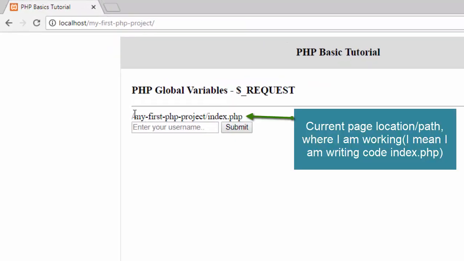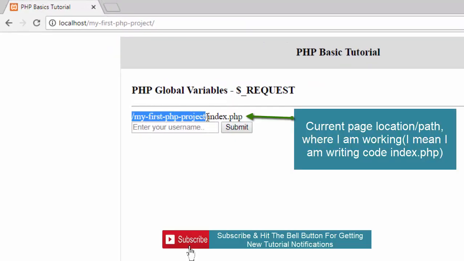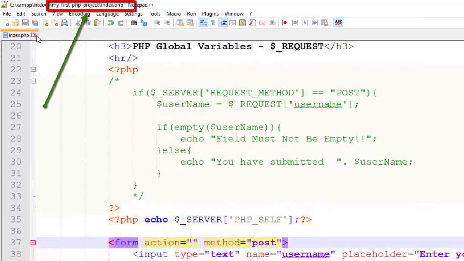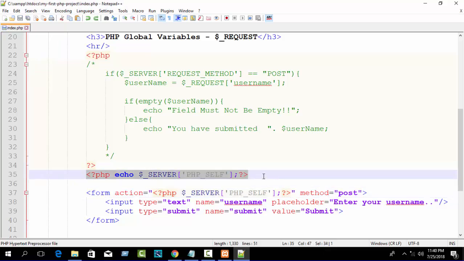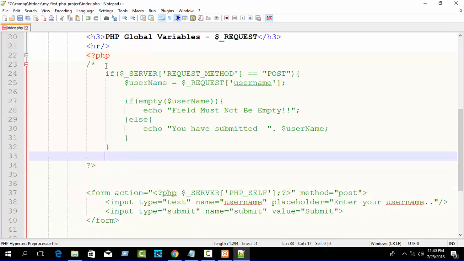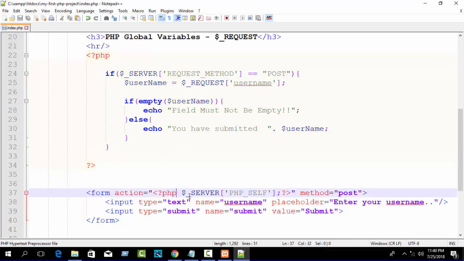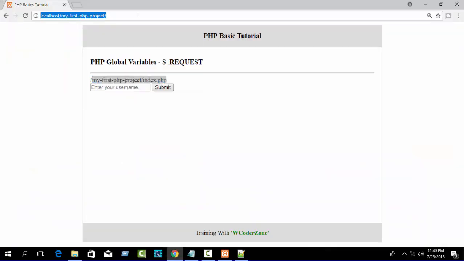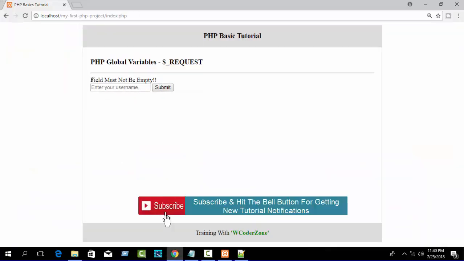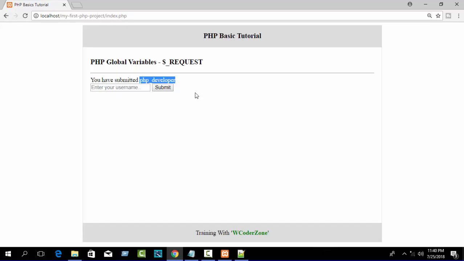You can see it prints the PHP_SELF project path, then index.php, your current script file. I hope you understand. Also you can check my previous tutorial. Anyway, just remove it, and we also made a mistake, just here write echo. You can see "Field must not be empty" or the username is printed: you have submitted the PHP developer. I hope